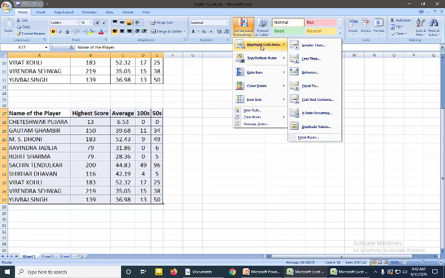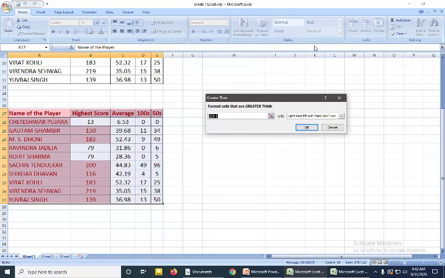Whichever you want, you can highlight these cells, for example greater than 109. So whoever has scored above 109, those players' names are highlighted.